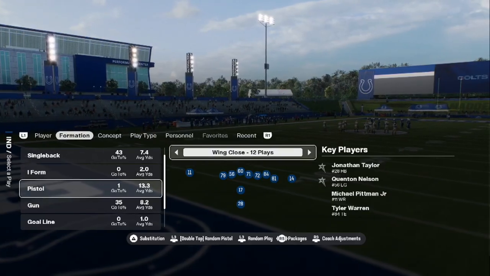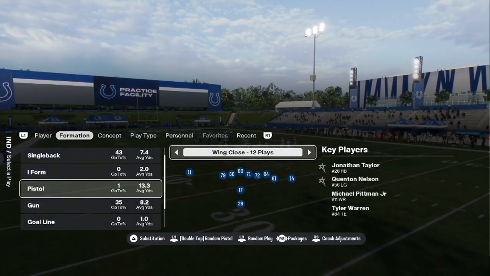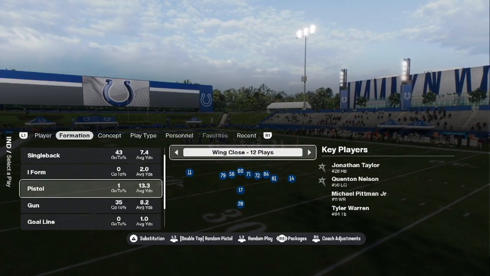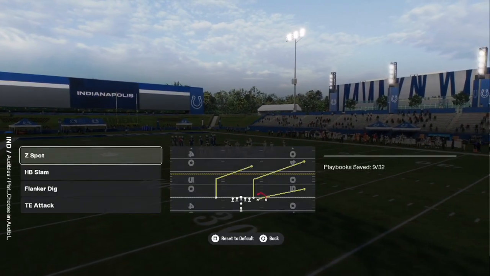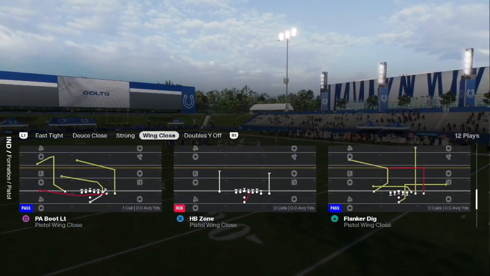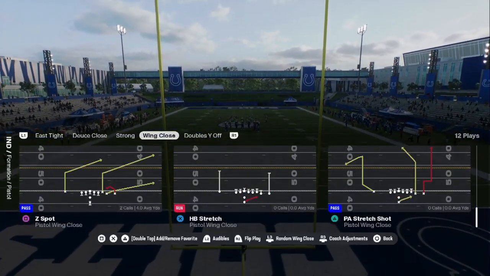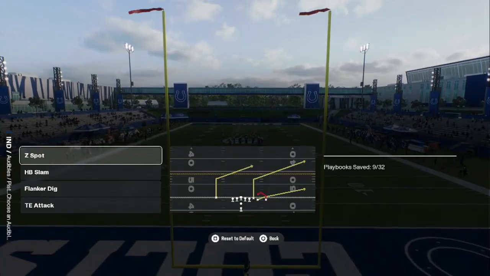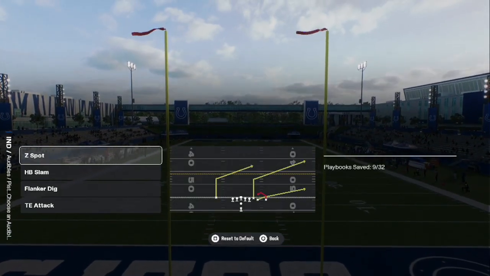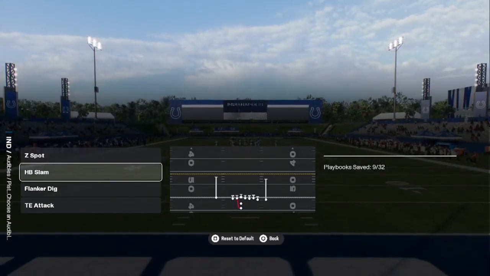Hey Patron, so we're going to be taking a look at the wing close pistol, the pistol wing close. And this has got a handful of plays we're going to be running. The play we're going to call out in a huddle is going to be the halfback stretch. Plays we're going to go ahead and look at are going to be the Z spot, the halfback slam, flanker